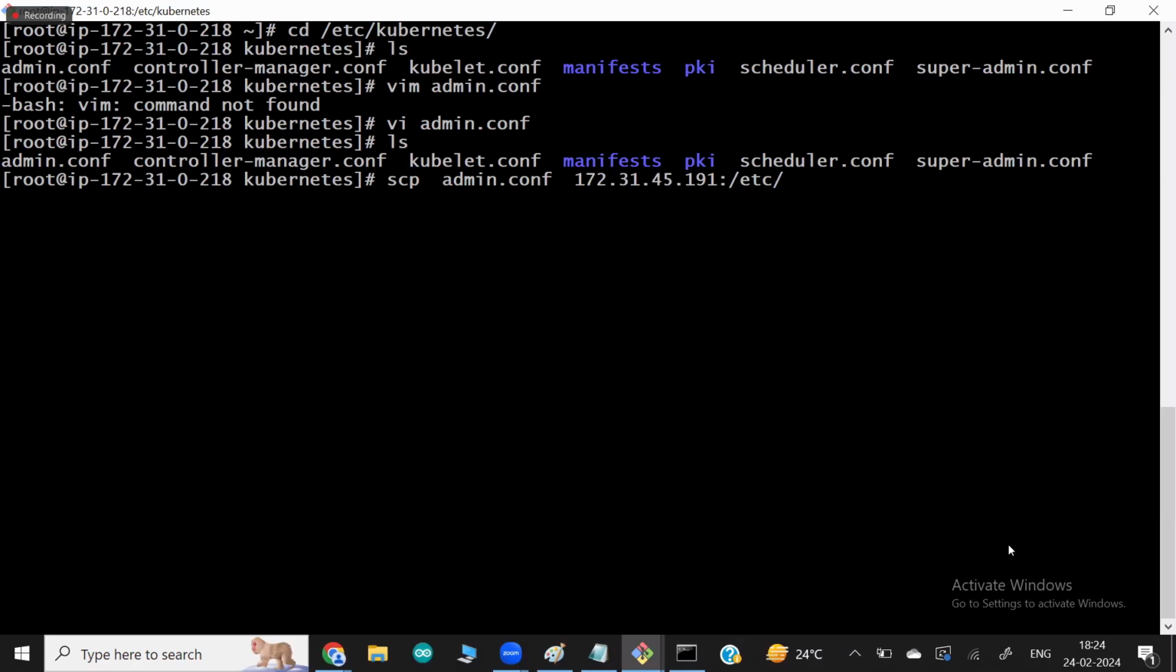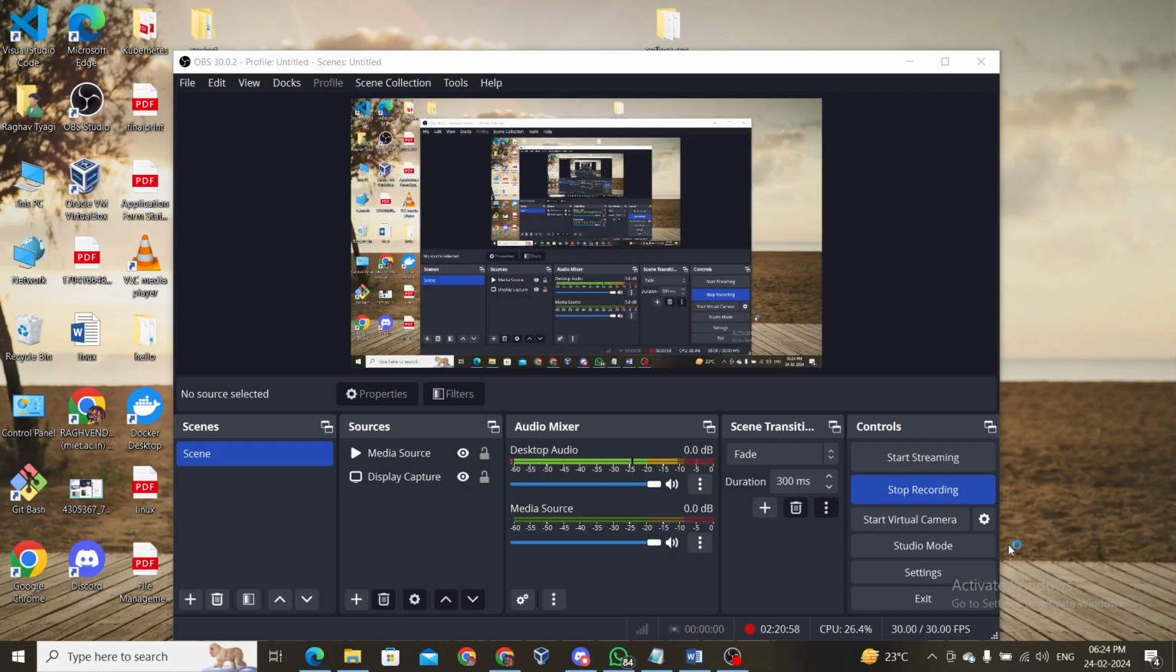So what can you do? You can log in with the EC2 user, but for that you need a